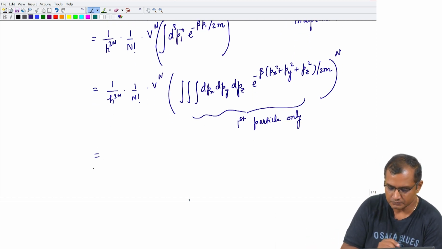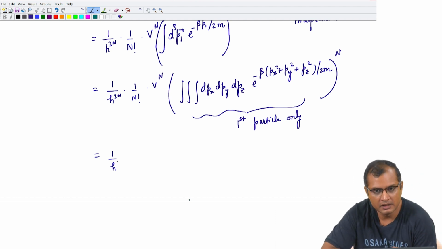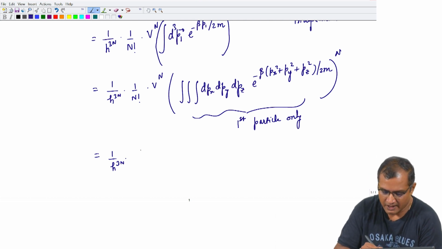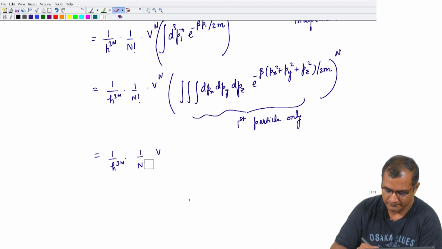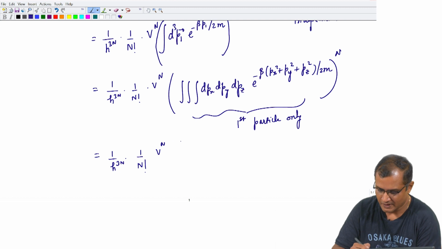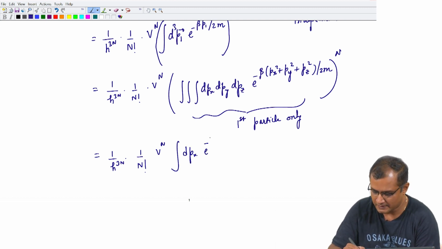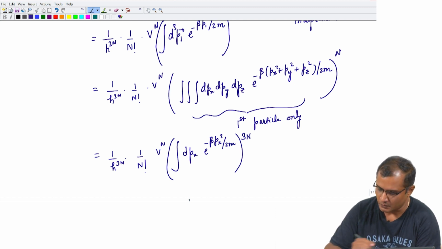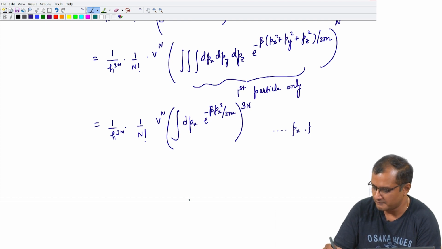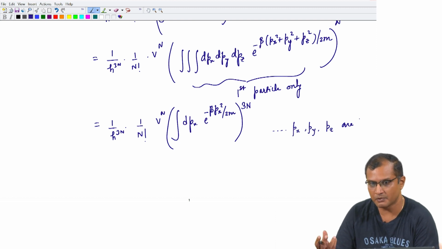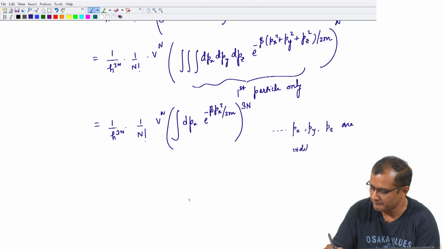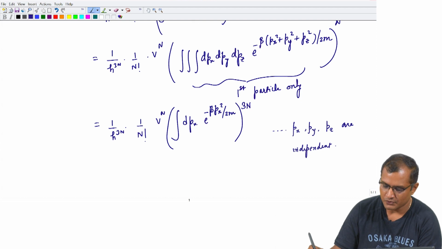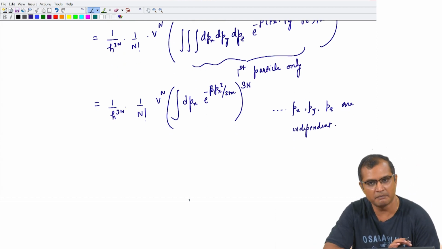Now, you can see that each component of the momentum of any particle is independent of the other components, which means further simplification is possible here. I can write this as simply integral dpx e raised to minus beta px square by 2m, but now I have to raise it to power 3, and there was already a power n sitting outside, since px, py and pz are independent. That is the definition of a vector: its components are linearly independent. So, now I know that the integral sitting inside the bracket is a simple Gaussian integral,